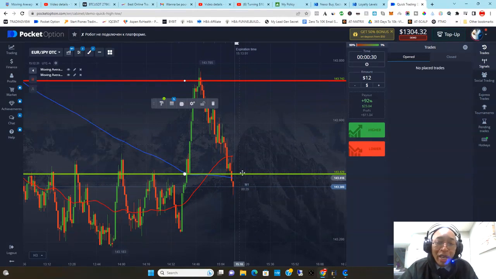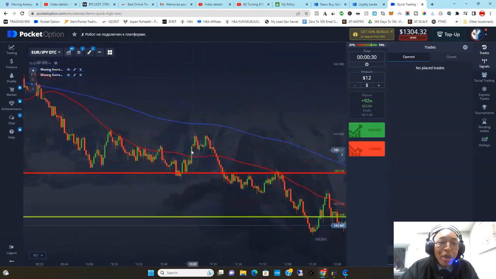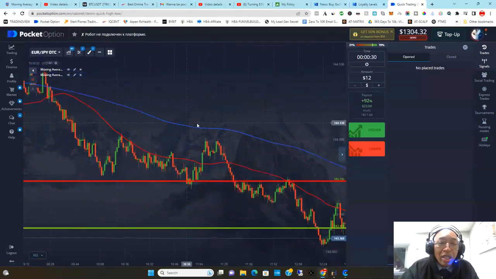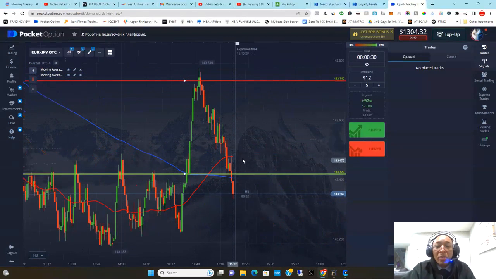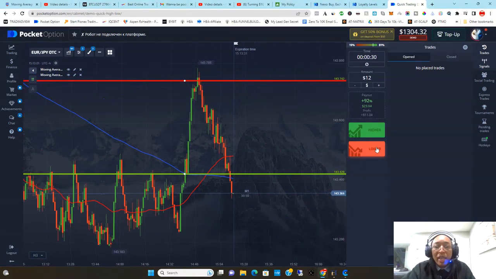And now you have to keep shifting your lines. For example, now the market has gone. What I could do here is move this down. I can see the blue is right here, so I'll put the blue here, and if we go backwards historically, this seems like it's going down. It's more like a downward trend, and it's below the 200, so you'll be looking for a sell option here. You could use this as another support line right here, where this green bar crisscrosses